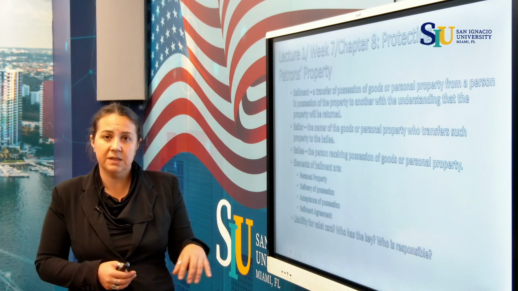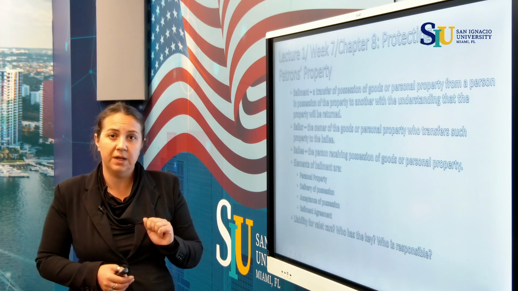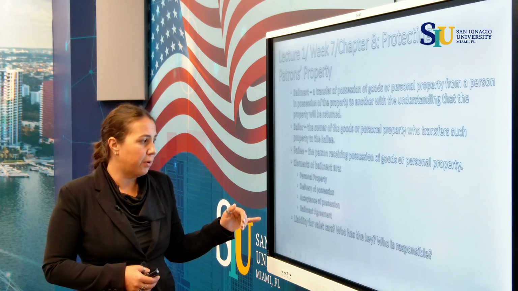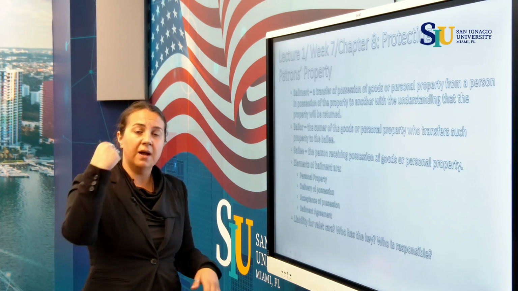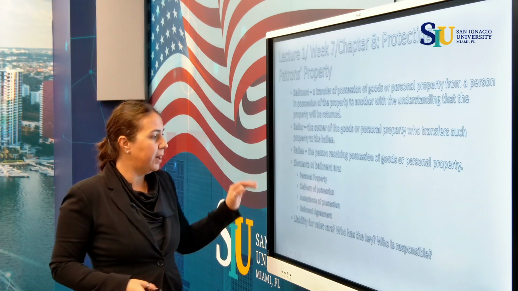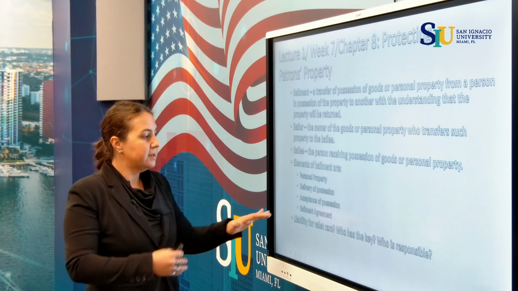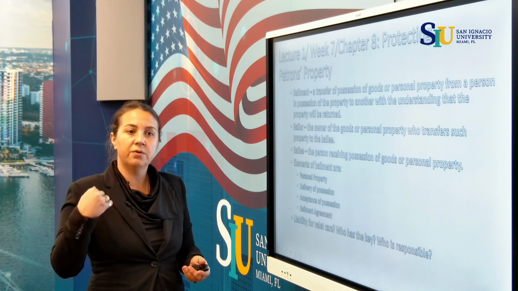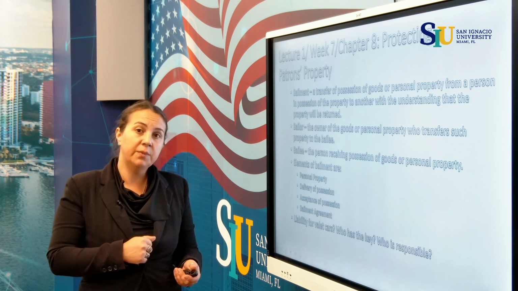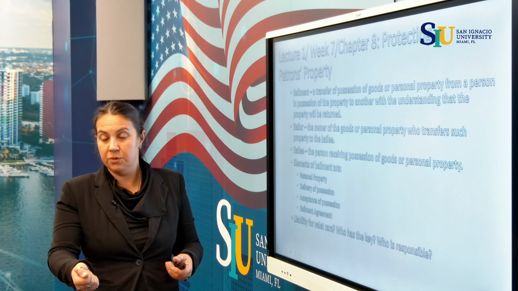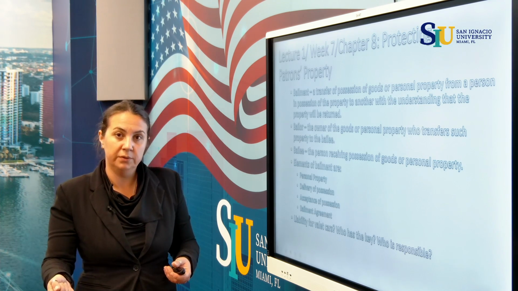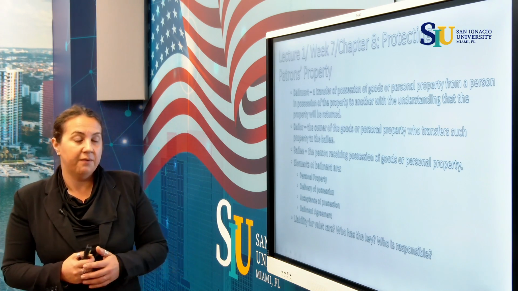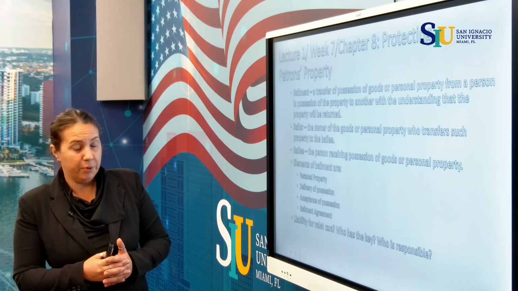We have a couple of things that need to exist in order for a bailment relationship to exist. First, the existence of the good or the personal property. Delivery of possession, I need to give my personal property to somebody. Then the somebody needs to accept that, which is acceptance of possession. And then the bailment agreement, which is the agreement that you will give it back to me. Maybe it's going to be just for you to hold on without payment, or for you to hold with a payment. Here I want to give you a very interesting bailment example.